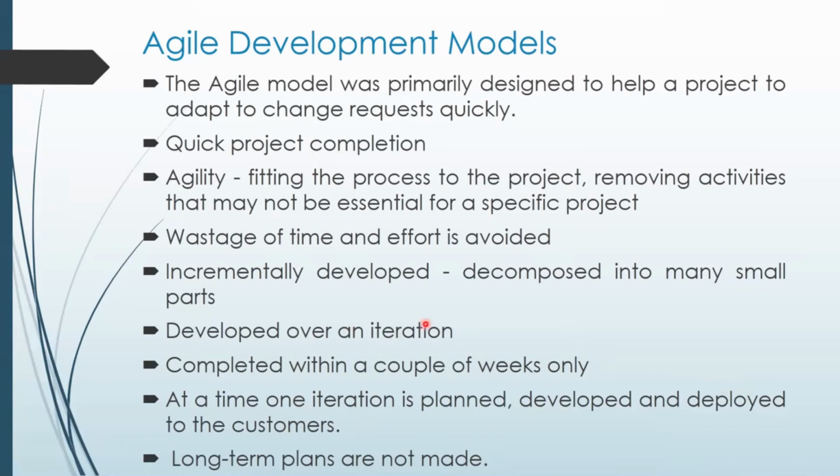After each and every iteration is planned, developed, and produced, it gets deployed to the customer. So if there is any problem in that iteration, it can be solved there. Each iteration is completed and distributed to the customer, so that the customer gives us feedback. If there is any problem, we can change it in that iteration itself, rather than moving through the whole project and making changes afterwards.